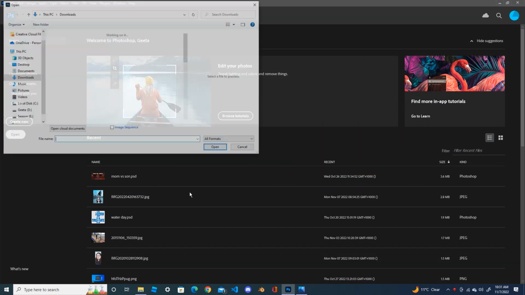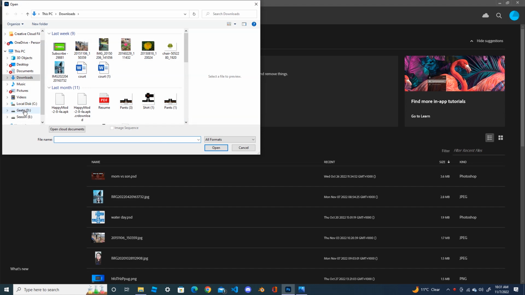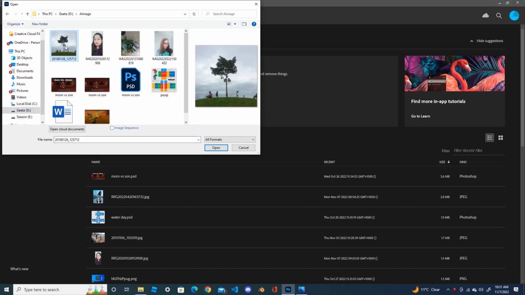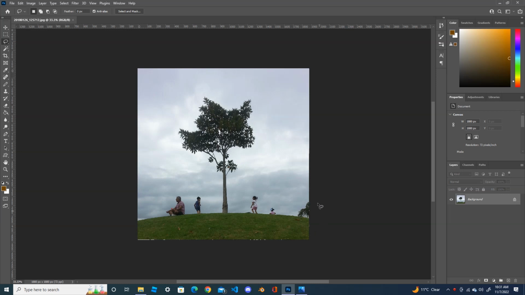Now I'm gonna open my image first. My image is located in here, this one. I'm gonna work with this image. What you have to do first is to remove this one. I'm gonna use the lasso tool and select the images which I'm gonna remove. Yeah, I have to remove this one and fill with the